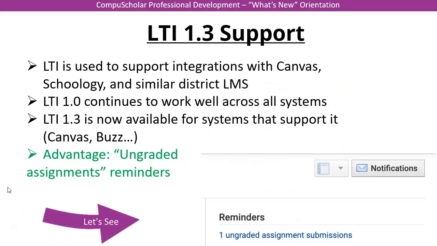Next on the infrastructure side of things is LTI 1.3 support. And this will be of interest to schools that are using things like Canvas to do integration into your district learning management system. You can continue to use LTI 1.0. That works equally well across all systems, and that's kind of a bedrock standard. But we do now have LTI 1.3 available for systems that support it, and most notably that is Canvas and Buzz. And the big advantage to moving to LTI 1.3 is that those systems can display an ungraded assignments reminder